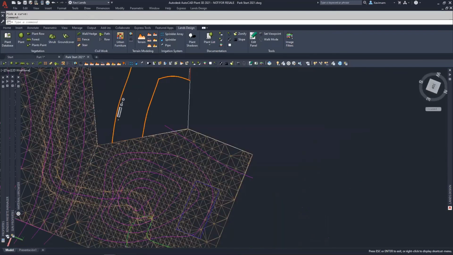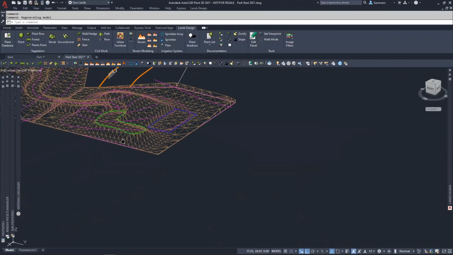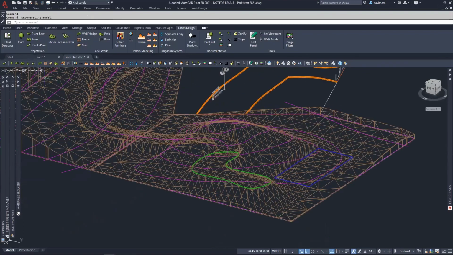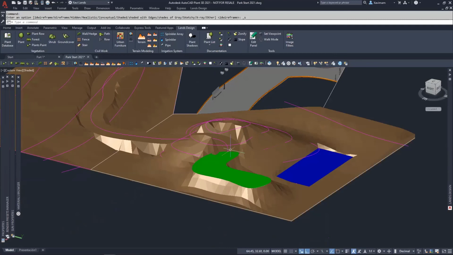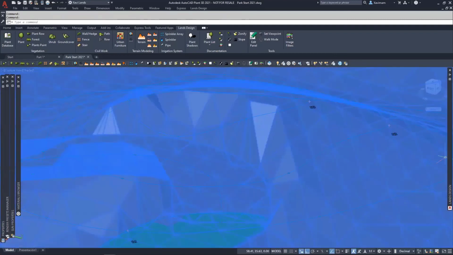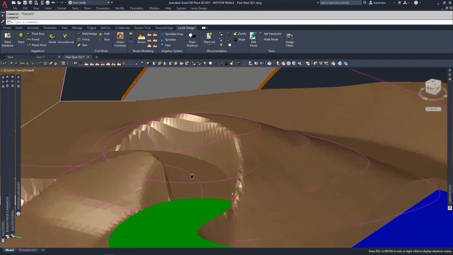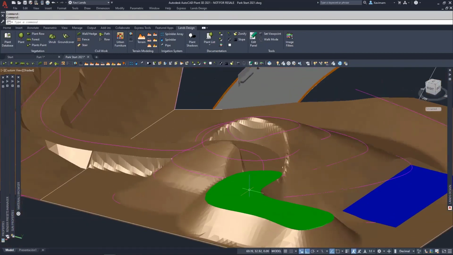I'm going to change the view, and you can see the result in shade mode. We can see that here I've created a hole. Of course, the quality changes if I change the size, for example, if I place 1.2. You can see here on the bottom right side of my screen that it is modeling. Now the size for the tiles is going to be smaller, and it's creating, let's say, a higher quality